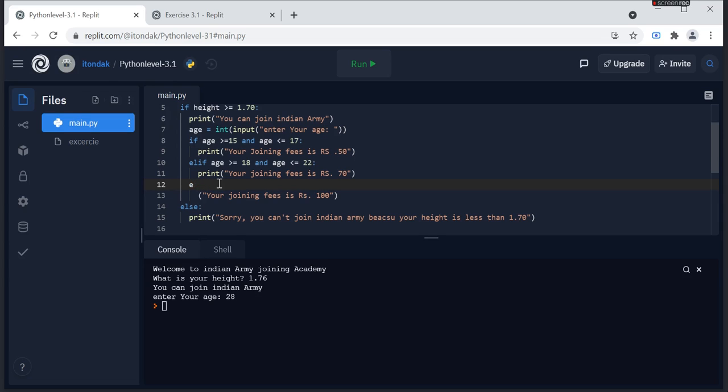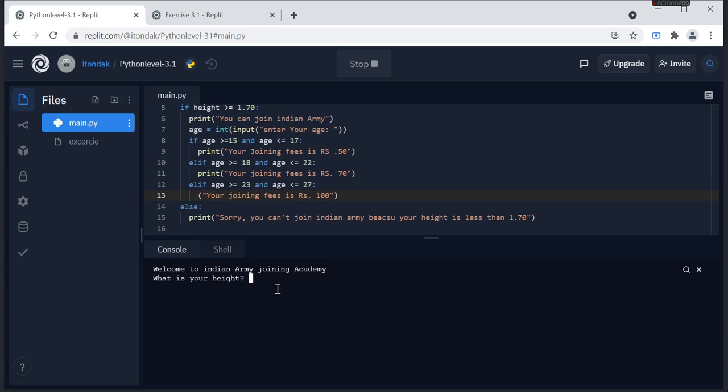Like we have another condition, elif age 23 and less than 27, then pay 100, like that.